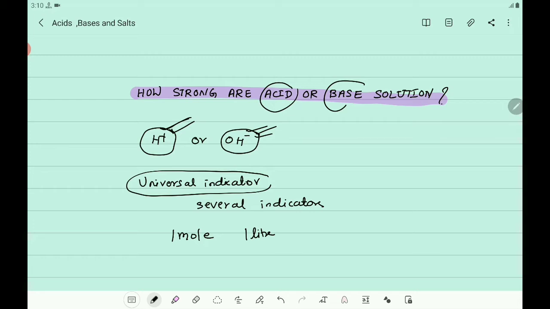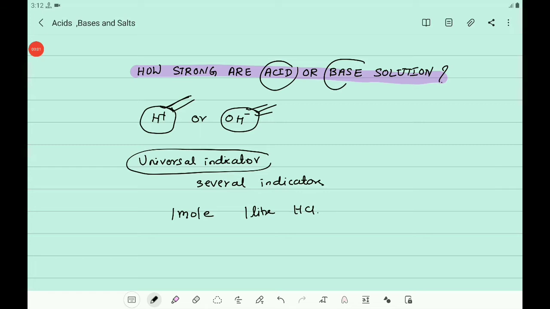If you take 1 molar concentration, what does it mean? 1 mole of acid in 1 liter of solution. Take 1 molar concentration of HCl, hydrochloric acid, and 1 molar concentration of acetic acid, that is